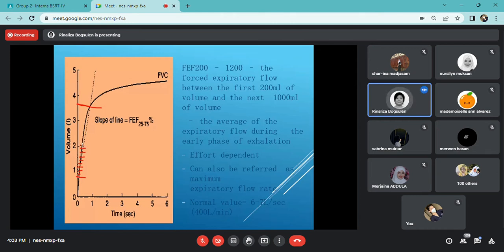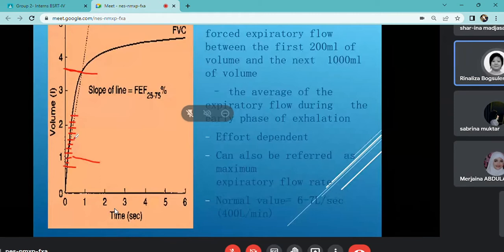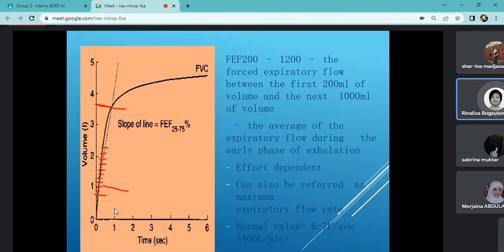This is not accurate, because these should be equal. Okay, so 100, 200, this is your 200, 3, 4, 5, 6, 7, 8, 9, 1,000. And then 1,100, 1,200. So, from here to here, that is your FEF 200 to 1,200 ml. Okay? That is the forced expiratory flow between the first 200 ml and the next 1,000 ml of